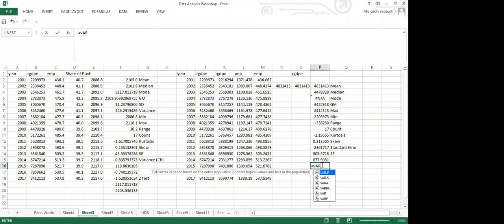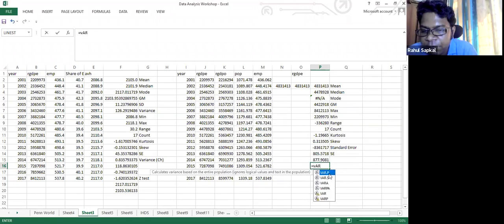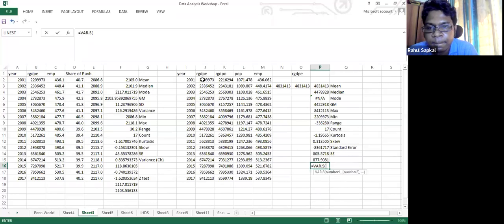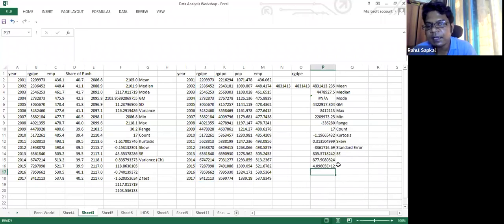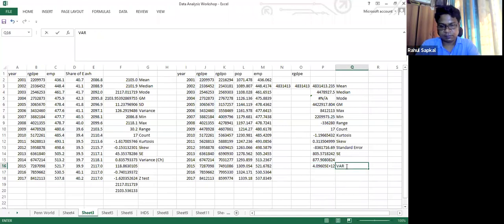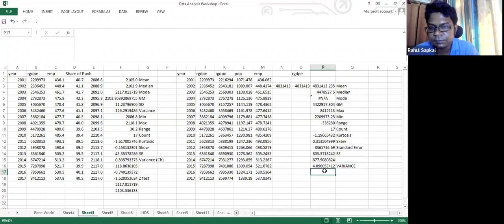Okay, sir. Now variance, you can have two, variance P and variance S. You will be taking the variance S. Now this is my variance. Now the next is coefficient of variance.